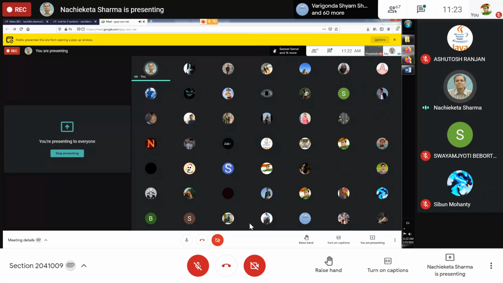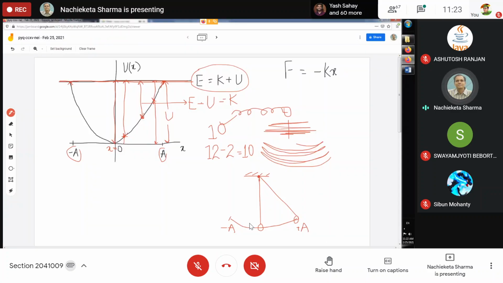Let us go to the figure. When the pendulum is at this extreme position, the force was acting and the force was maximum. Why was the force maximum? What is the force at this point? The force is minus Ka, and its magnitude is Ka, maximum. So the maximum force is acting on the body when its velocity is 0. At the extreme position, the velocity is 0, but the force acting on the body is maximum.